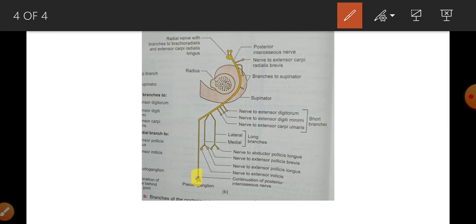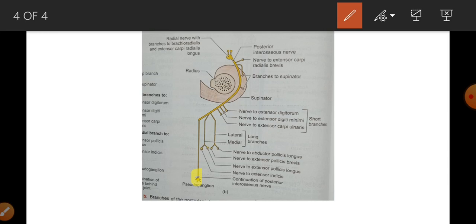The extensor retinaculum is a thickening of the deep fascia on the posterior aspect of the wrist. Many septa arising from this retinaculum are attached to the longitudinal ridges on the posterior surface of the lower part of the radius. This forms 6 osteofascial compartments. In the fourth compartment, we have two tendons, one artery, one nerve. The two tendons are of the extensor digitorum and the extensor indicis. The artery is the anterior interosseous artery and the nerve is the posterior interosseous nerve.